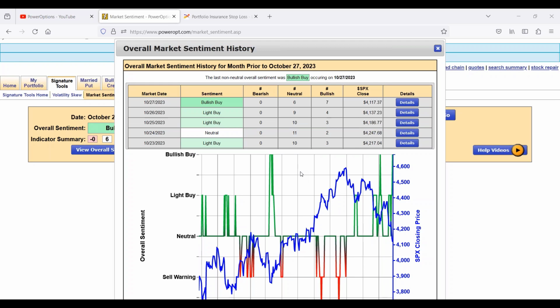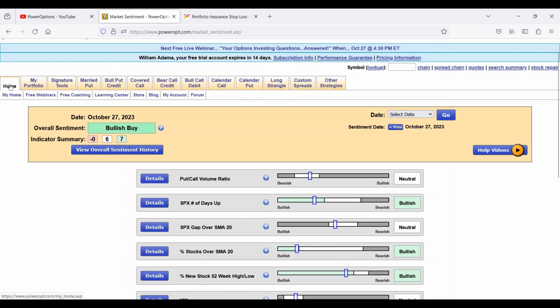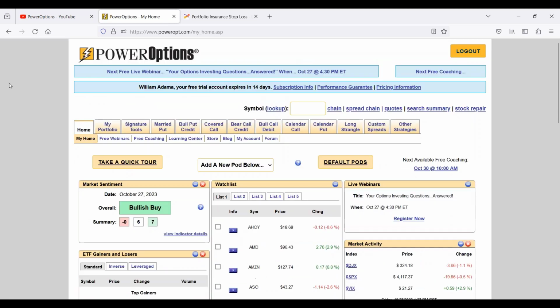Always hard to open on Monday with those longer term trades, but I might look at some of the weekly bull puts as well, see how I feel about those, even with the market being a little bit sketchy recently. But seeing the bullish buy warnings, seeing the levels that we're getting to now, got to wait to see how the market opens on Monday. Then maybe in the afternoon I'll look at some of the bull put credit spreads, and I'll be looking at the married put